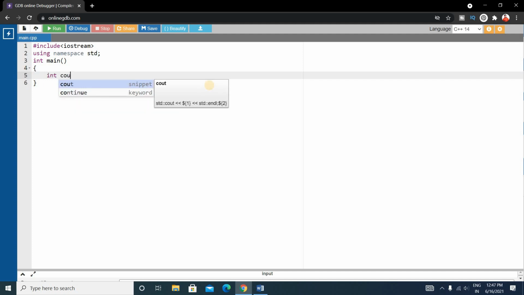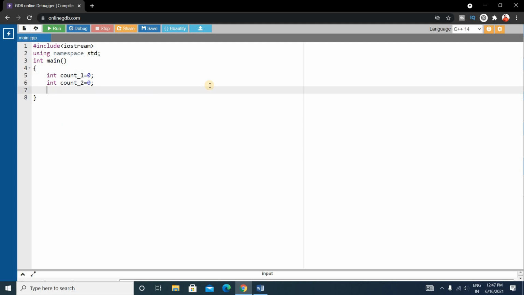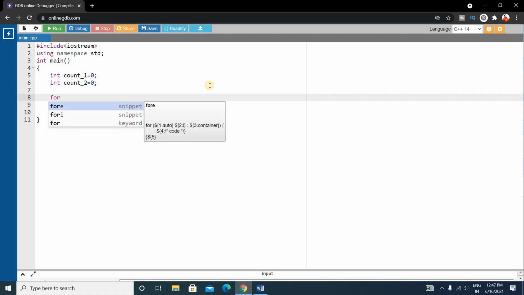This will count the number of values in array 1 and array 2. Initialize count1 with 0, so the initial count value is 0. For array 2 also write count2 as 0. Then write a for loop for the first array, and then another for loop for the second array.